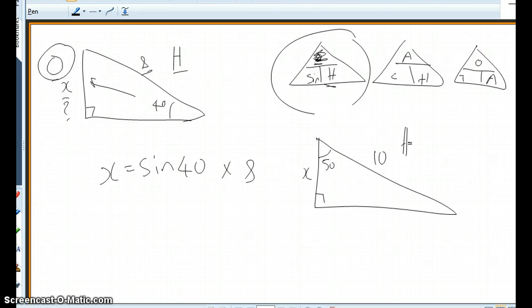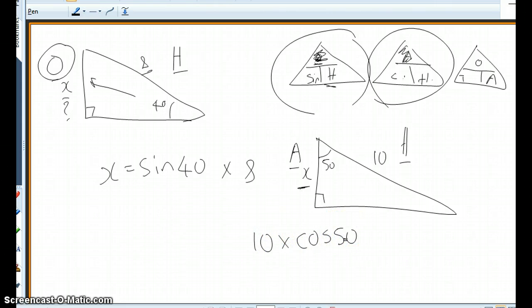H goes there, right, because it's opposite the 90. A goes there because it's next to the 50. I'm dealing with H and A. Which trig function? Cosine. I'm looking for the A. Cover up A. And because cosine of the angle is next to the H, side by side, we times, and we go 10 times